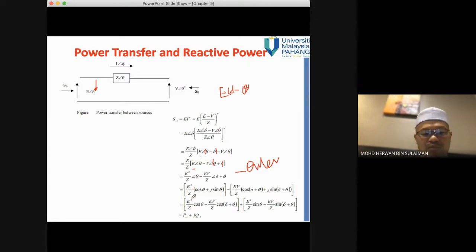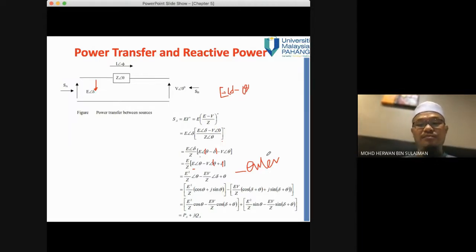So E over square, you kena kembangkan and you rearrange. And remember, that's why in the final exam questions, or actually the test 2 questions, because I don't have a test 2, so in the final questions usually you have a way to expand, cos